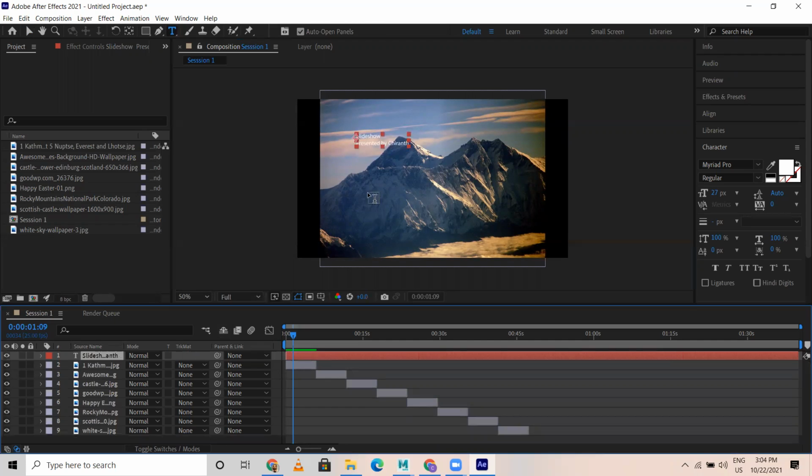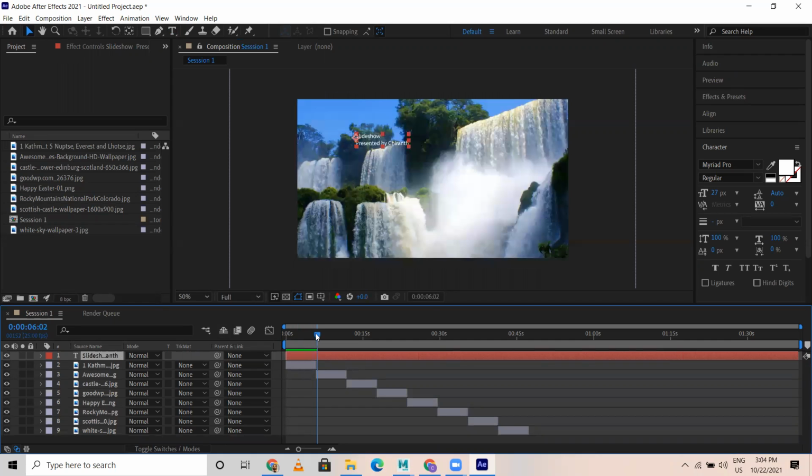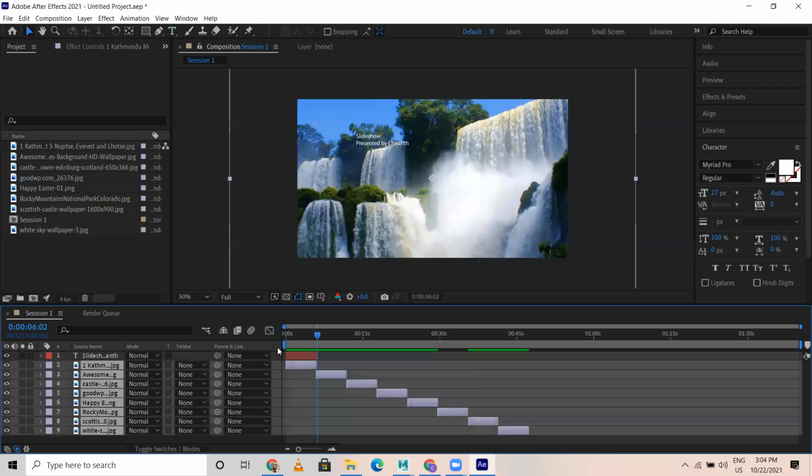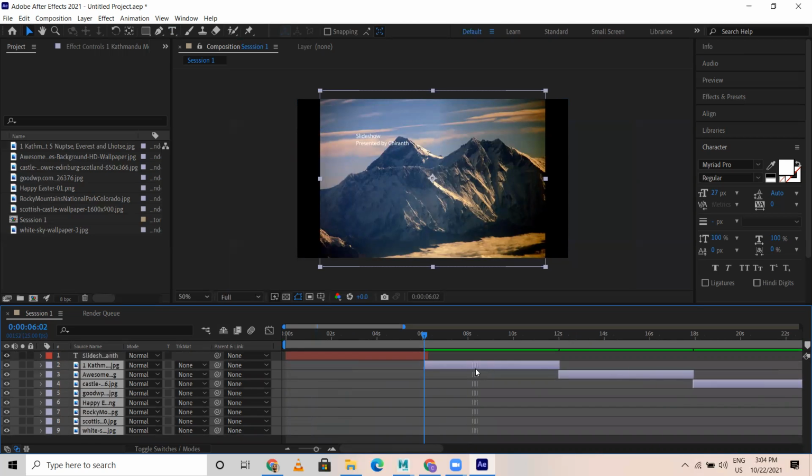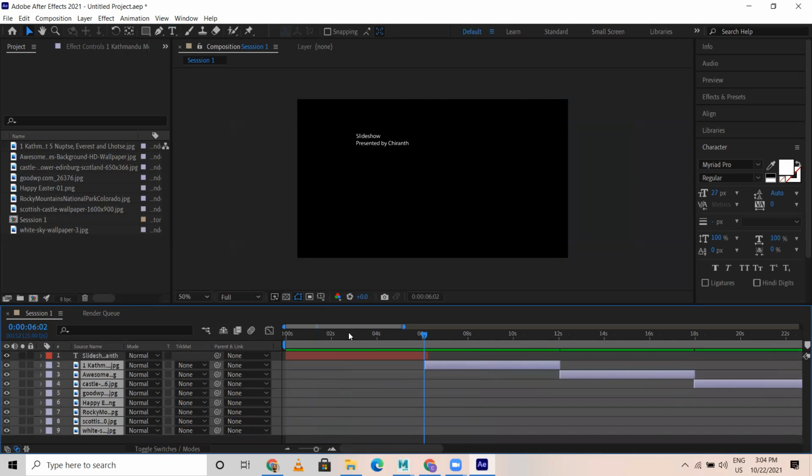So then you go back to the selection tool. Once one work is done, you have to go back to the selection tool. Now I want the slideshow to be there for around 6 seconds. I'm selecting this from here, drag and drop here. I want the text to be up to here. Then I select all this and move this here, like this. Got it. After the text only, I want the image to come.